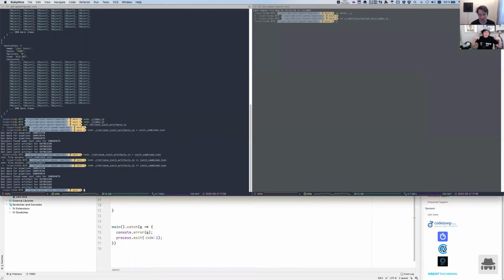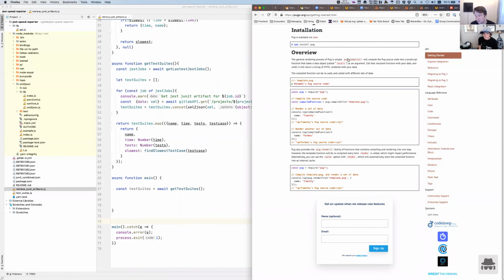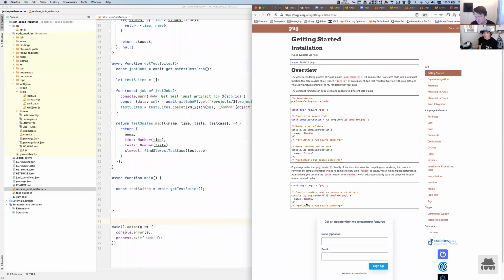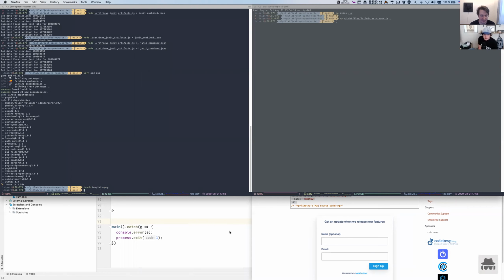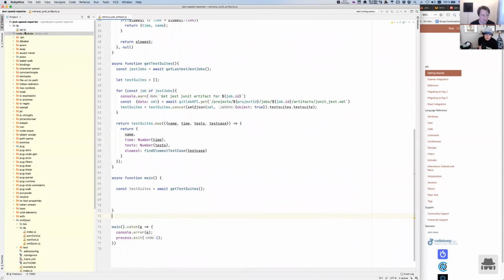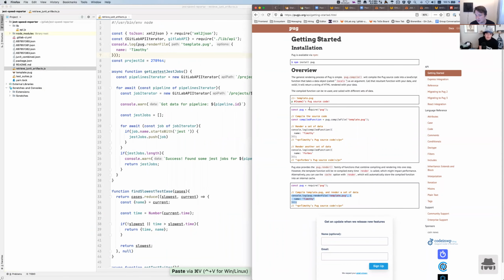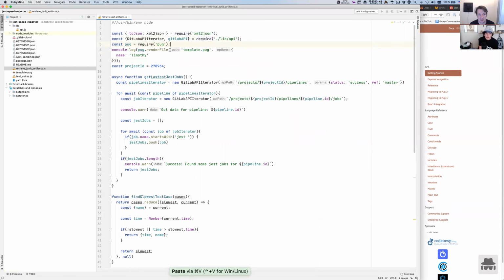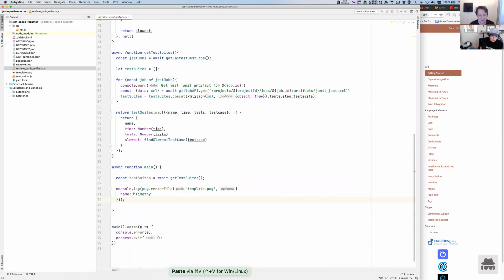Add pug. Shoot, didn't someone want to write the front end? I think Peyton was talking about doing that. Touch template dot pug. Okay, so what does it complain about? Const require pug, right? And we can say, hey, compile the file for us. And we have test suites. And that's the template,